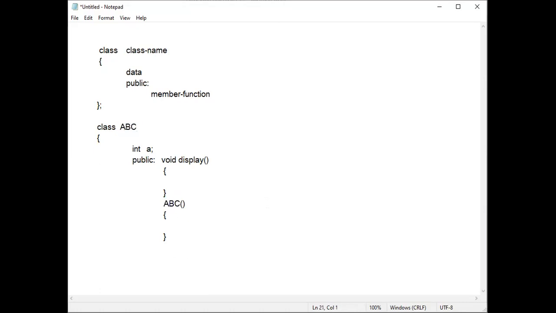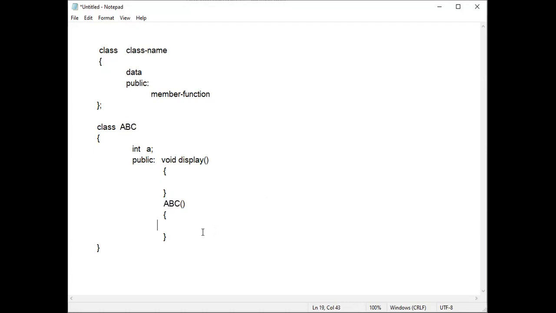Actually, in C programming or C++ programs without using class and objects, if there are two identifiers with the same name, then we may get an error. See, here ABC is an identifier, the class name. Here ABC is also an identifier, a function name. Two identifiers, but different concepts. This ABC refers to the class, this ABC refers to the function name. Actually, it should give an error.